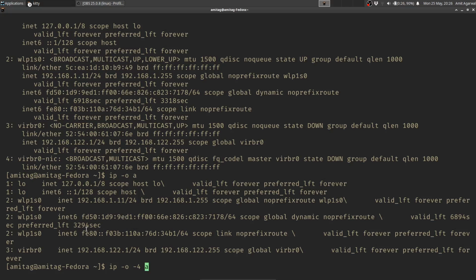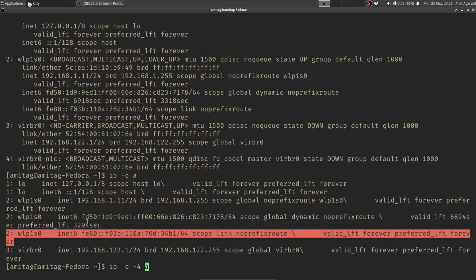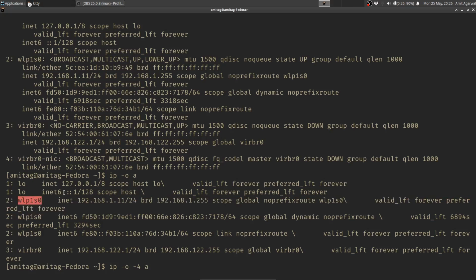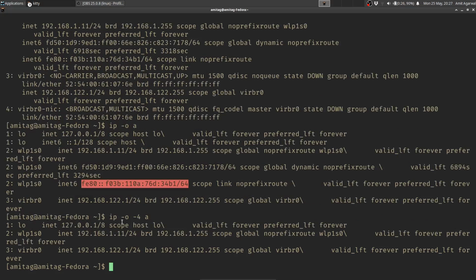So as you can see right now here, it is showing me the INET6 addresses and then the INET4 addresses. So if I am still grepping for WLP1S0, I would still get 3 addresses, and I will have to figure out which one is the INET4 address, and then accordingly I will have to use that. But by using -4, I am avoiding all the IPv6 addresses. If you want 6, you can just give 6 and grep -FE80, because this is the link local address. So once I do this, I can see this has become much easier to display.